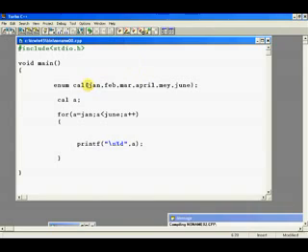I initialize a set of values starting from January, February, March, April, May, June, and then give a variable to that data type which I created, calendar, and create a loop starting from January and running to less than June.